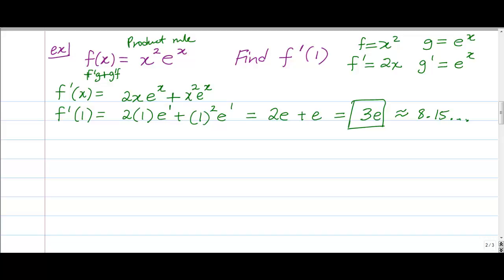Alright, let's do another example. Okay, and if you have any questions, if you need to stop the video and pause it or replay it, please do that. Make sure you're understanding everything. If you have questions,